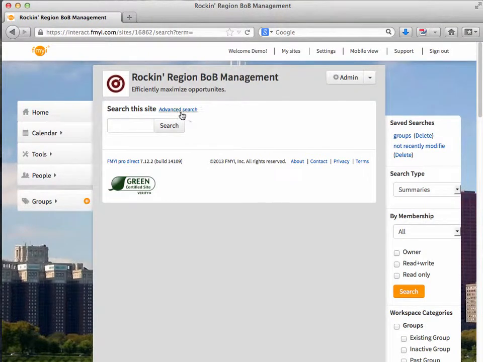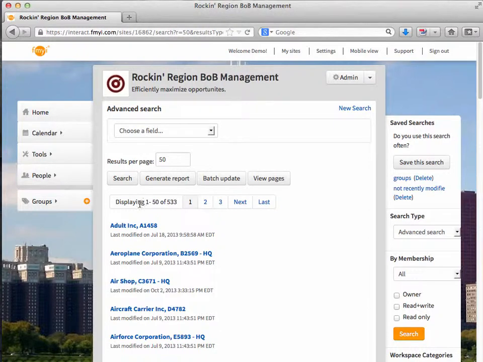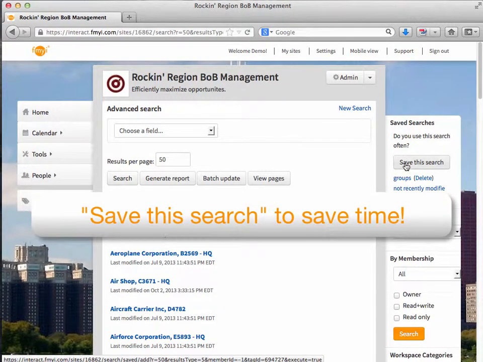Now I'm going to go to an advanced search, so I'll click the word advanced search. And I want to choose all of my groups, or I could choose just my existing groups and click search. I am now in an advanced search with all of my groups. On the right here, it says save this search, and because I do this often, you can click here, save